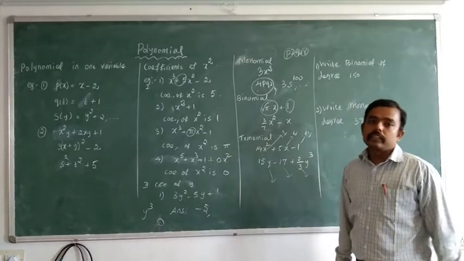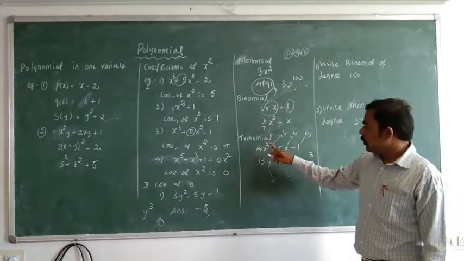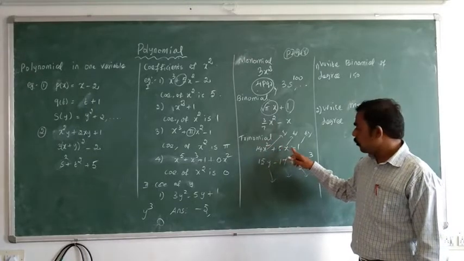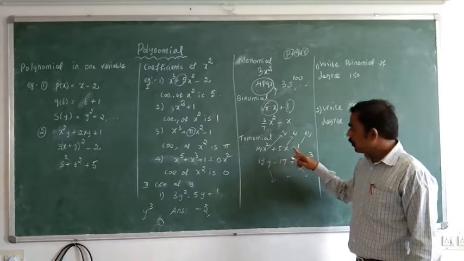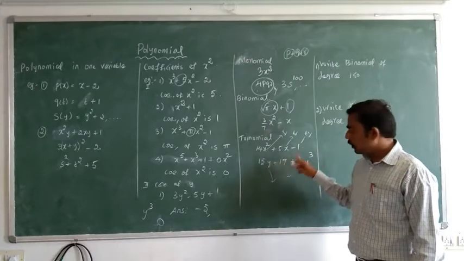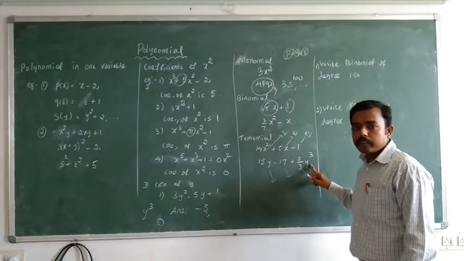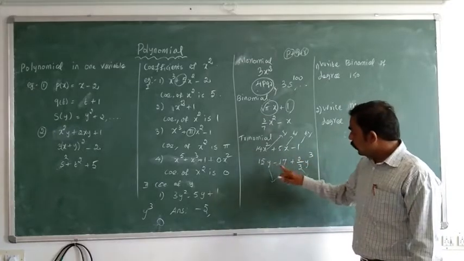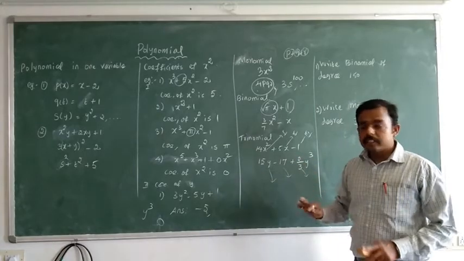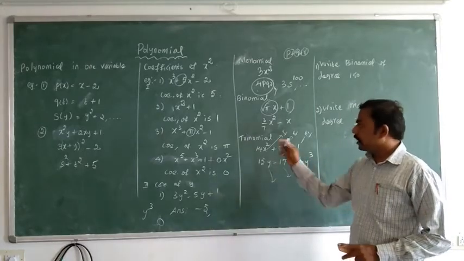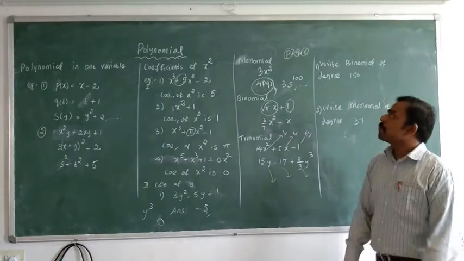No need for any order. So here x squared, x power 1, x power 0. That is the x term, no x term. Here y, no y term, y power 3. So no need. We need y power 2, y power 5. We have three terms, which means we can give the name trinomial.